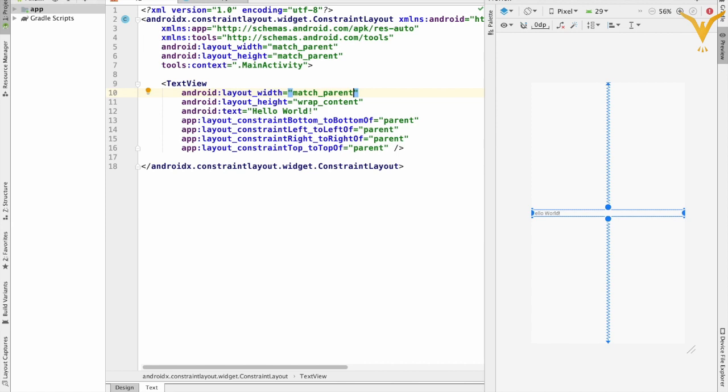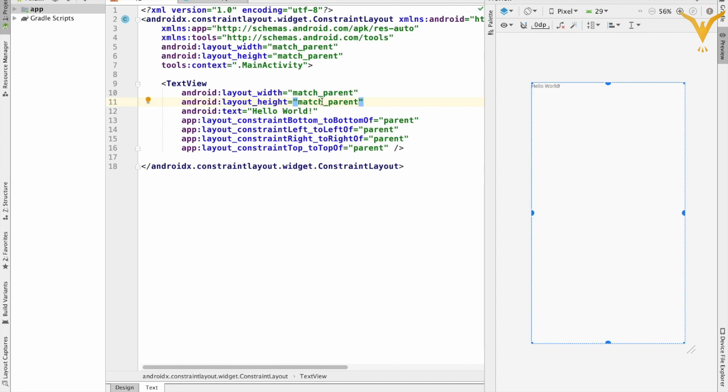So here we have one screen. Here we don't have any parent component. So the parent component will be treated as your mobile screen. So the width will be covered with entire screen. The same is applicable with the height also. So we'll keep it wrap content only.